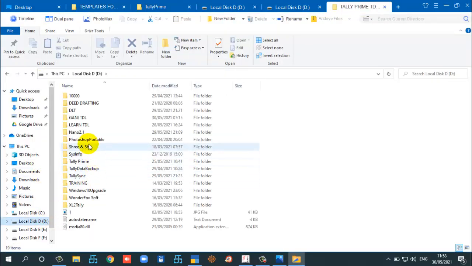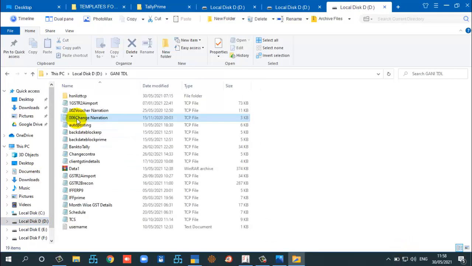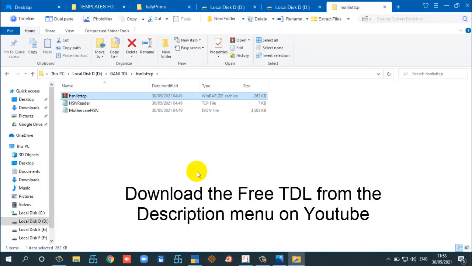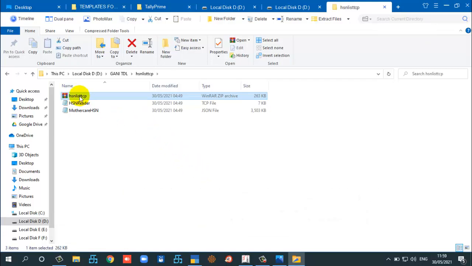Now we can see where to download and install the TDL. I have given a link for the TDL so that you can download it from the description below the YouTube video. You get a zip file, just extract it, and this is the TCP file, this is the JSON file.